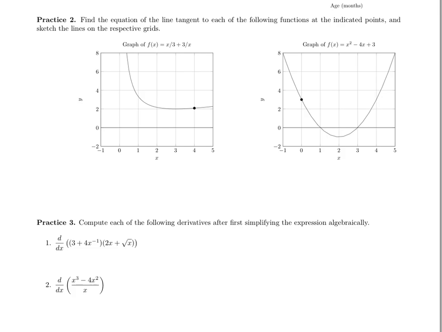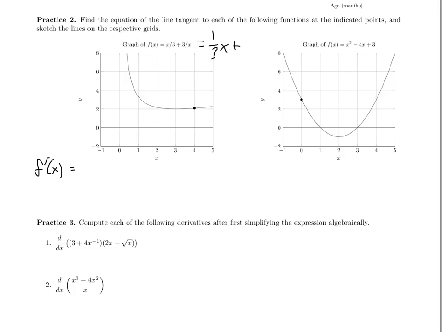The problems on practice 2 are, the question is to produce a tangent line to the graph for each of these two problems. And what we learned was that what we need to find first, in order to find the equation of the tangent line, is to first find the slope of the curve at the point, which we get by computing the derivative. So in this case, the function is x over 3, which is the same as 1/3 x,